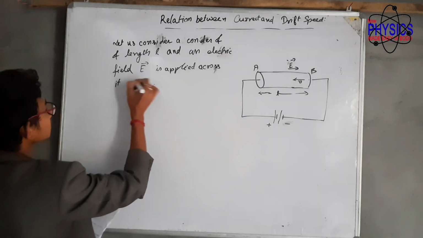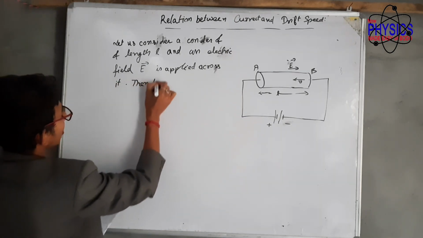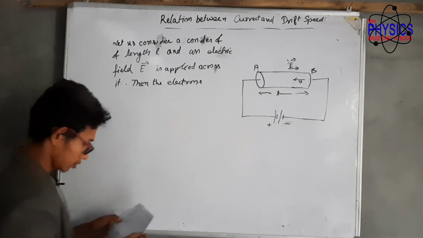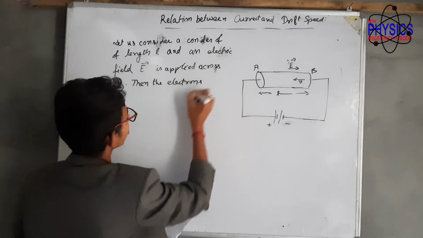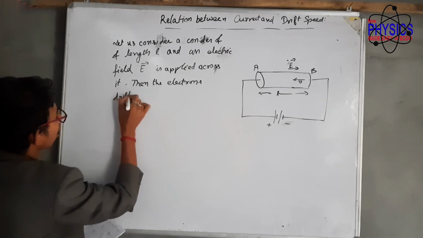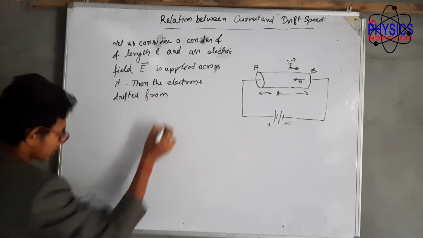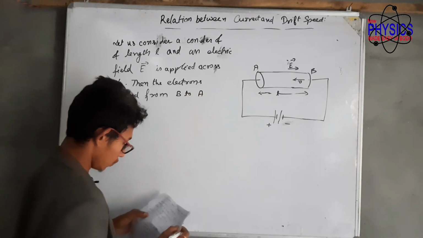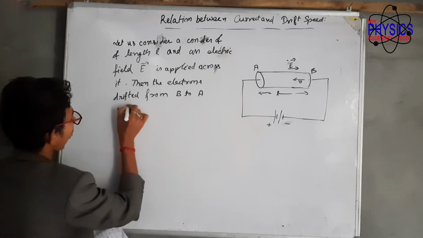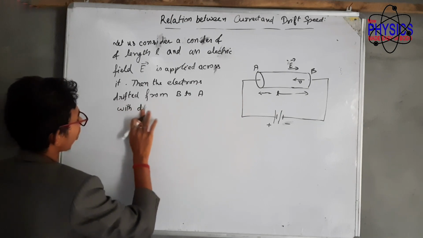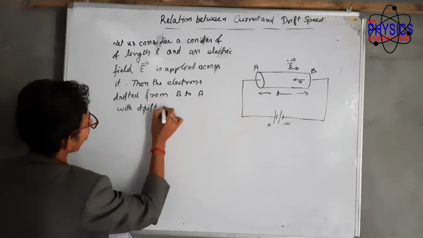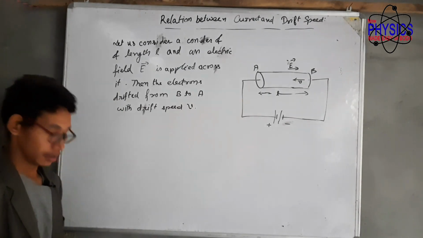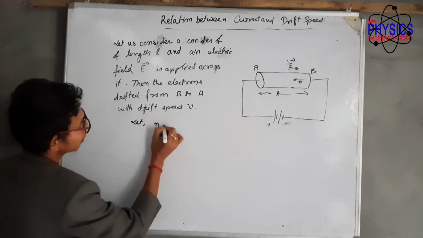Then the electrons drift from B to A with drift speed v. Okay, let N be